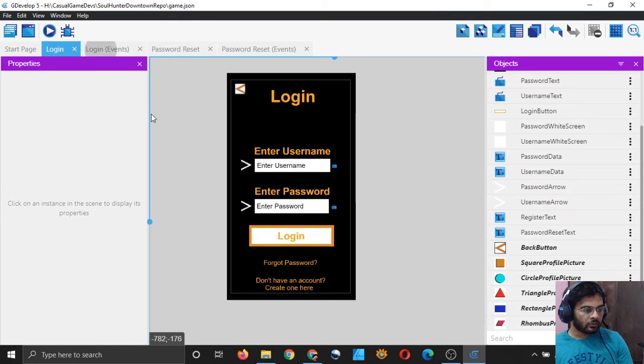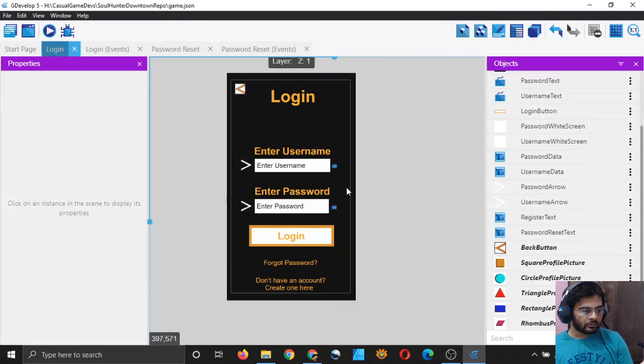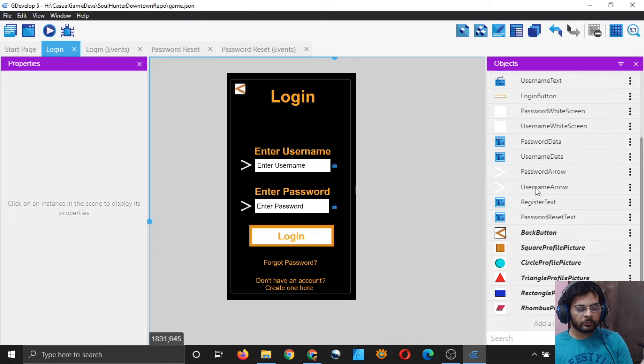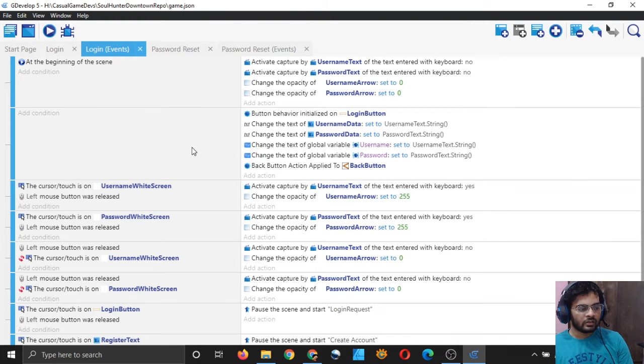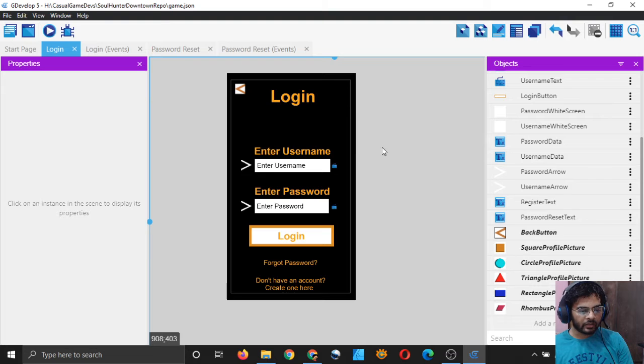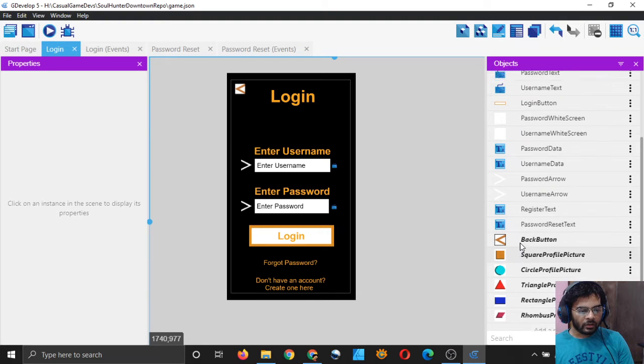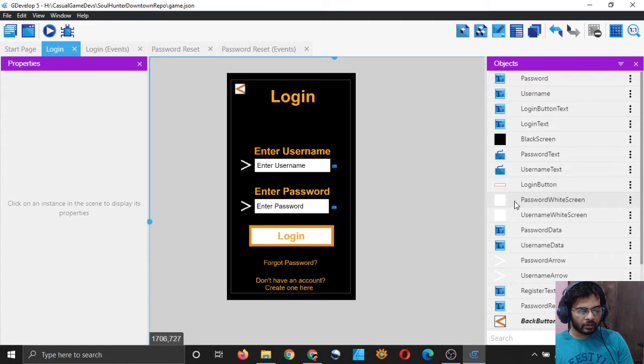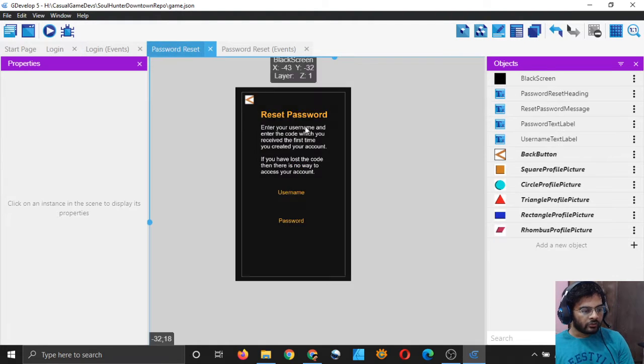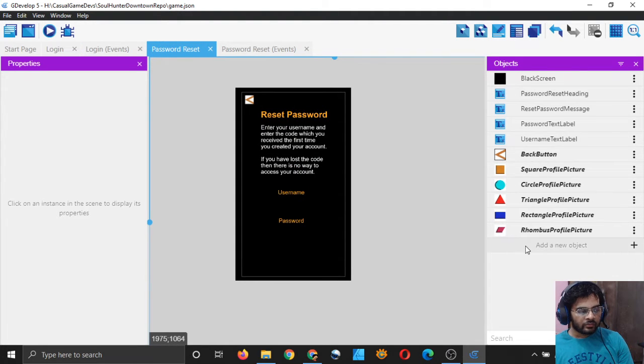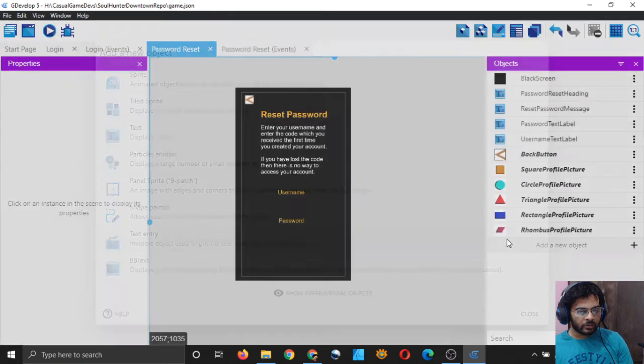Because I will copy the code from the login scene, so the names of all the objects should be the same, because if they are the same it will be easy to simply copy and paste the code from here to the password reset events, right? So the white screen names are password white screen and username white screen. So I will make the white screen in this scene also with the same name.